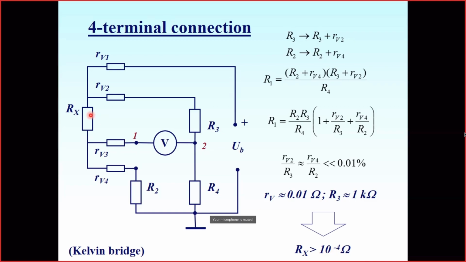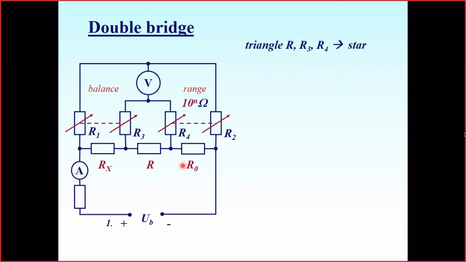So in fact, it means that I may measure really a resistance of a piece of platinum foil. And this is not even a minimal range of what we could reach for the measurement of resistances. For our purpose, if you speak about measurement in medicine and related fields, generally the 4-terminal connection is absolutely enough. But in some other technical fields, for instance, when we explore conductors and are really